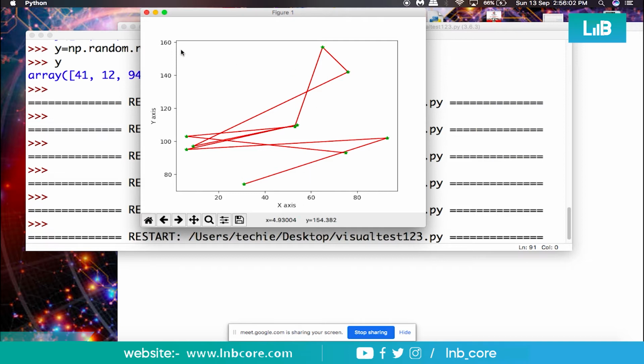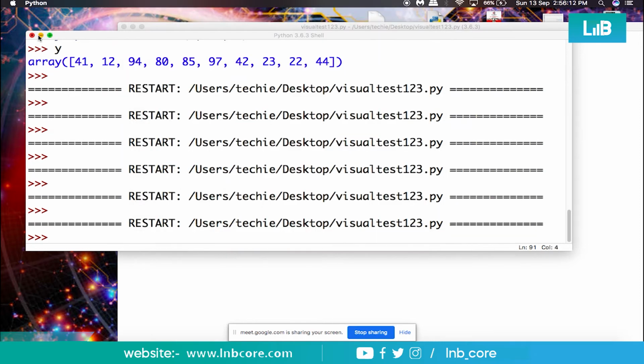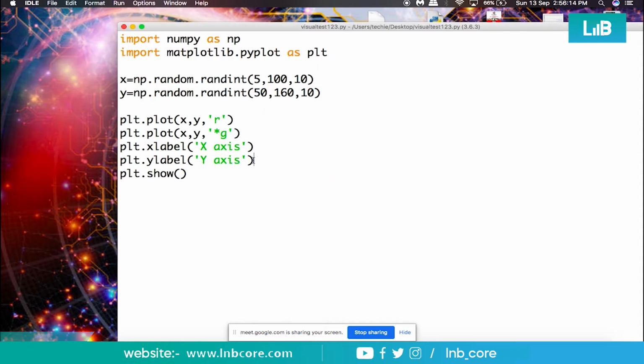Right, now if you want to give the title of this graph, that this graph shows you x-axis versus y-axis, or time versus temperature, you can use plt.title within bracket. Title of the graph is, suppose, time versus temperature.